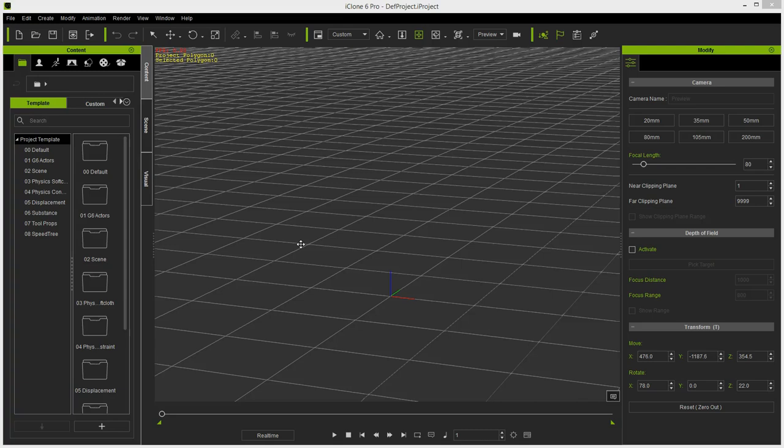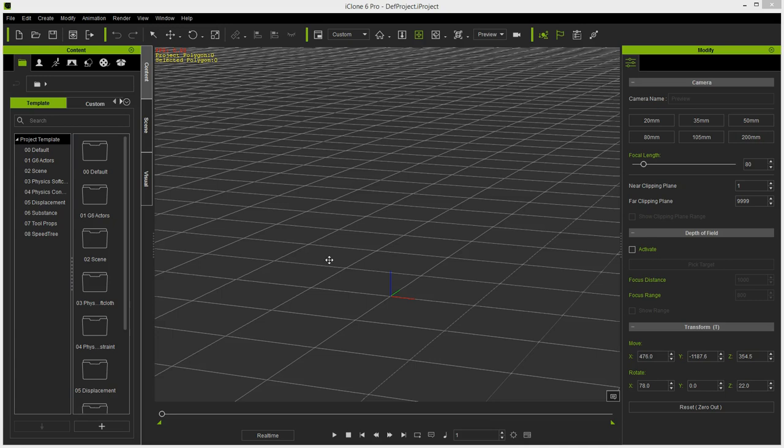Before we start discussing the main focus of this iClone6 tutorial, we need to set our scene or stage properly. This is a very important step, and it directly relates to the way we use cameras. When setting up our scene, the first thing we need to consider is what aspect ratio we'll be delivering our